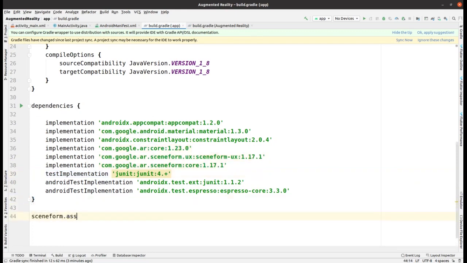Okay, so I will be removing this extra space from here, and now we have to add the sceneform dependency here. After the dependencies end, we have to add this sceneform assets path here. We made a folder called sample data, and we have to take the naming conventions very perfectly here.